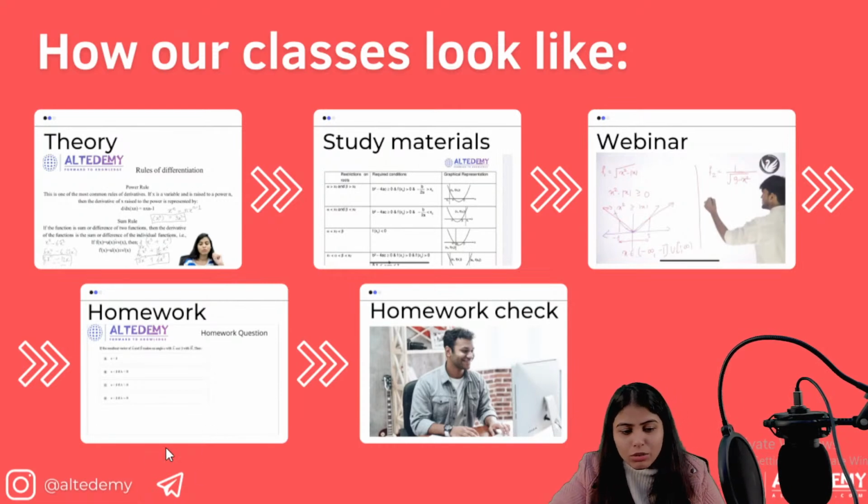So for that, you need to do the homework, and then you get to see what you have done, whether it is right or wrong, or whether this is the method being followed. So obviously analysis is always an important thing.